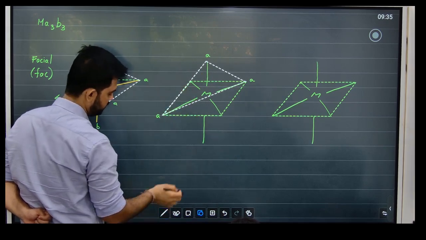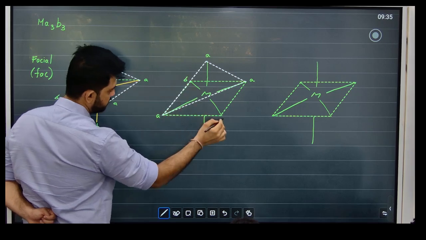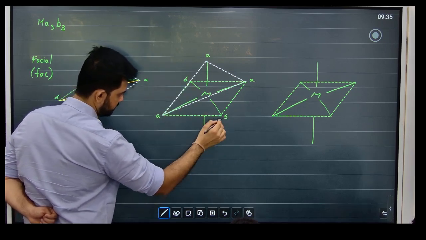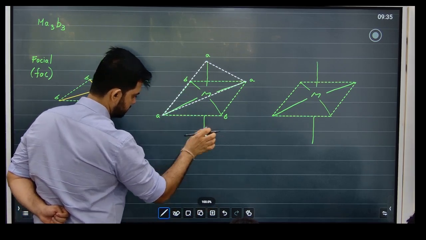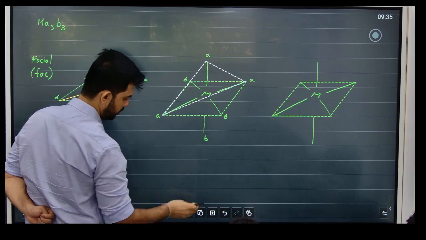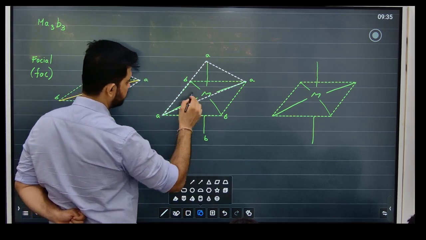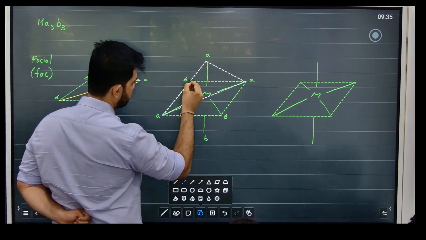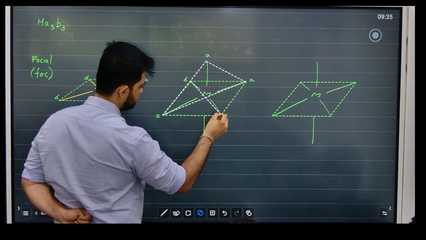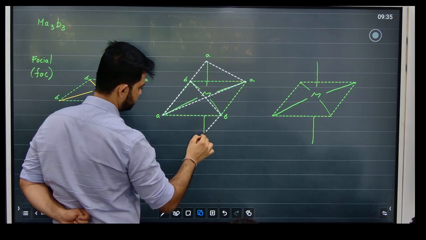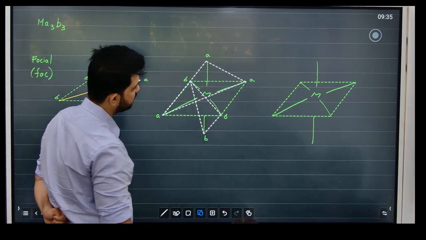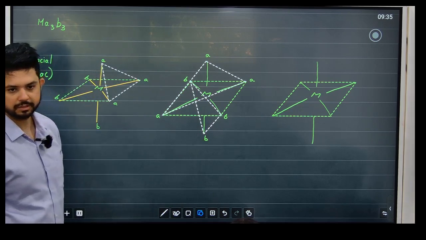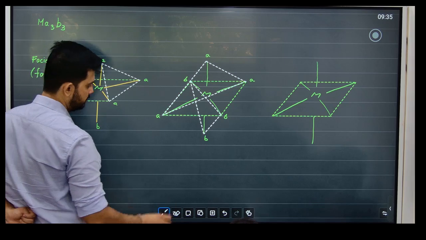There's one B here, and B here. Join them. Again, what do you see? Can you see two triangles cutting each other? This is called as